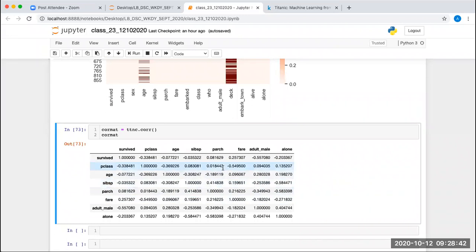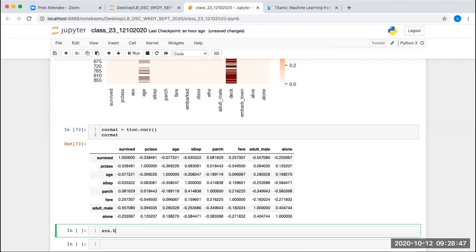If you want to get the heat map, you have the sns.heatmap function, where we can use different attributes. We have seen we can use the correlation matrix first, and then we can use annot equal to True to get the values inside, and square equal to True because I want square boxes.